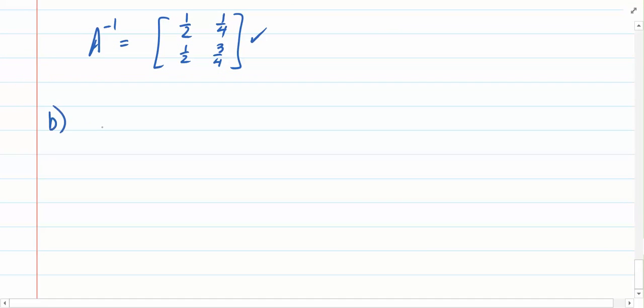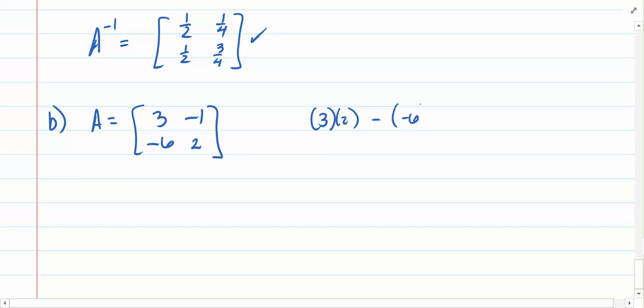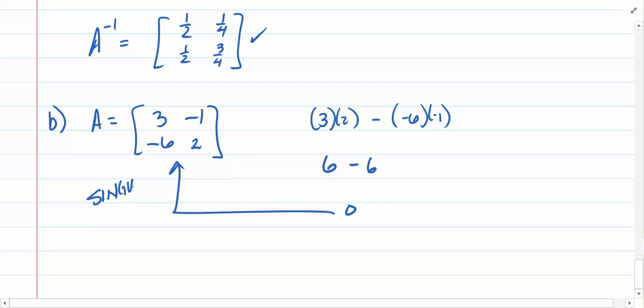Okay, here's example B. Let me give you this matrix. A is equal to, how about this one here? Let's do 3, negative 1, negative 6, and 2. Okay, let's multiply. We're going to do 3 times 2 minus negative 6 times a negative 1. That's 6 minus 6. That gives me 0. So therefore, this matrix is singular. I am not with it today. That matrix is